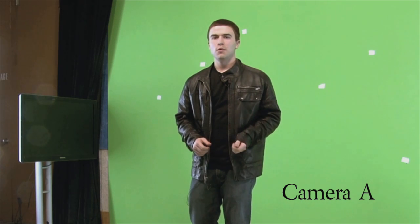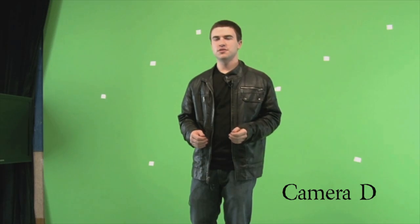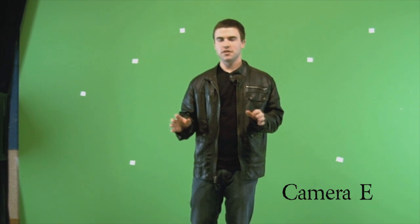As you can see, when we change from one camera to the next, there's a noticeable jump that occurs. This jump needs to be fixed through a process called morphing. What we do is take one image from one camera and another image from another camera, and we essentially morph that image into the next. This creates a smoother transition between cameras, and thus it looks as if all of the cameras are actually one,